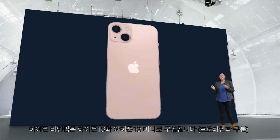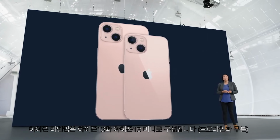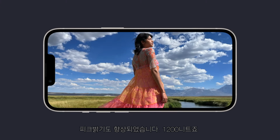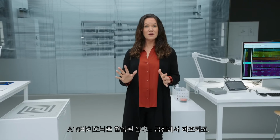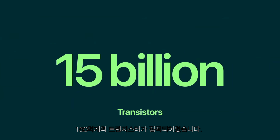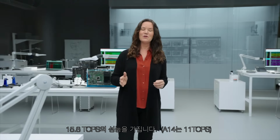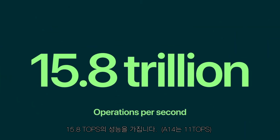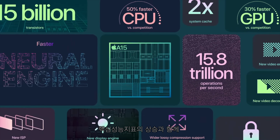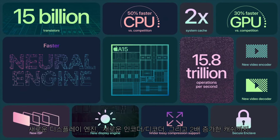iPhone 13 and iPhone 13 mini. It's 28% brighter, up to 800 nits. The peak brightness is higher at 1200 nits. A15 uses 5-nanometer technology, which enables us to include nearly 15 billion transistors. It's capable of an astounding 15.8 trillion operations per second. In addition to core performance improvements, there's a new display engine, new video encoder and decoder, and twice the system